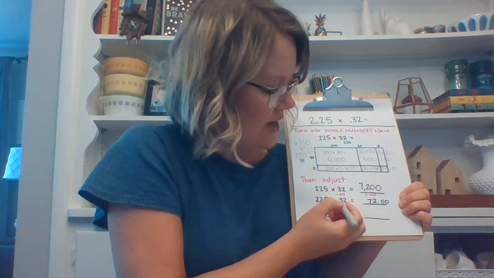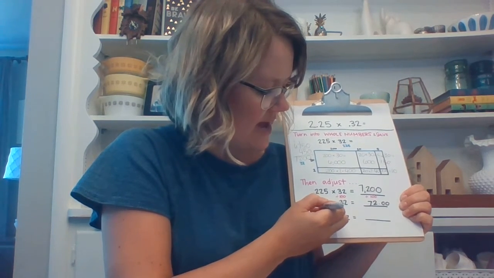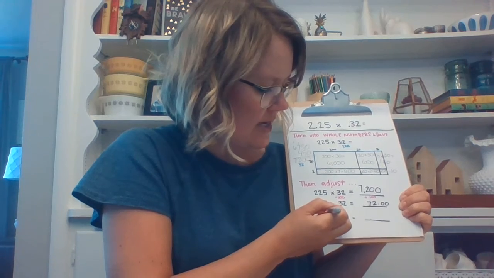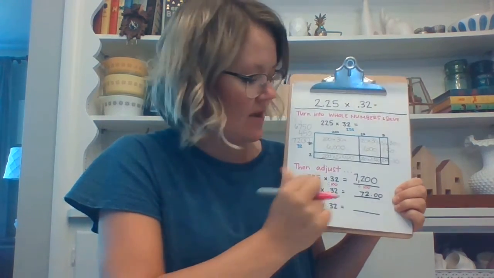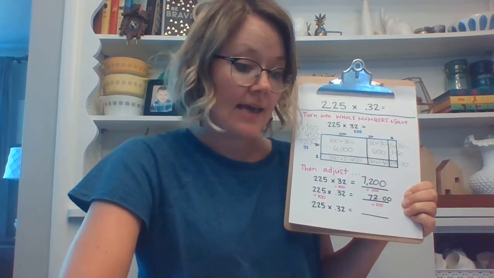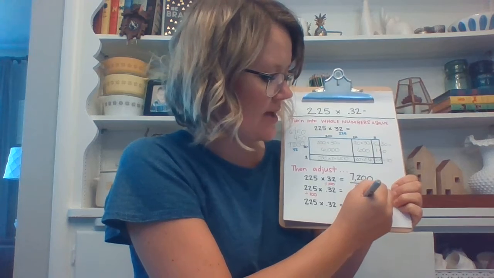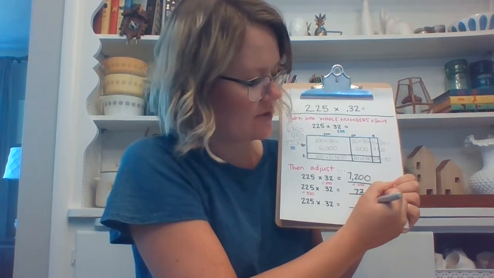Now the 32 hundredths stayed the same, but the 225 was divided by 100 to get to 2 and 25 hundredths. So that means I also have to divide this by 100 again, and when I do that, I will get 72 hundredths. I could put the zeros on the end, or